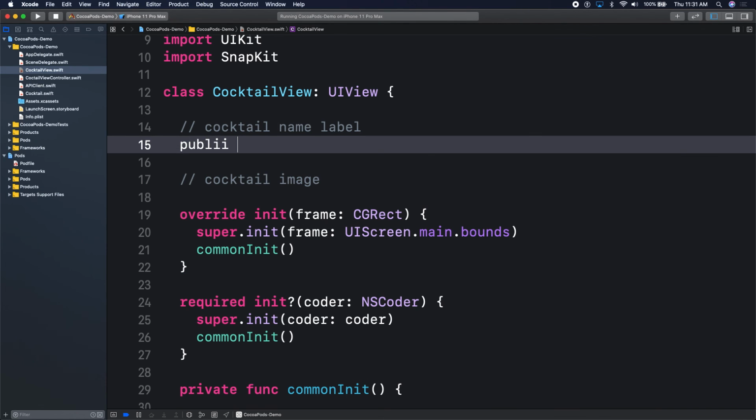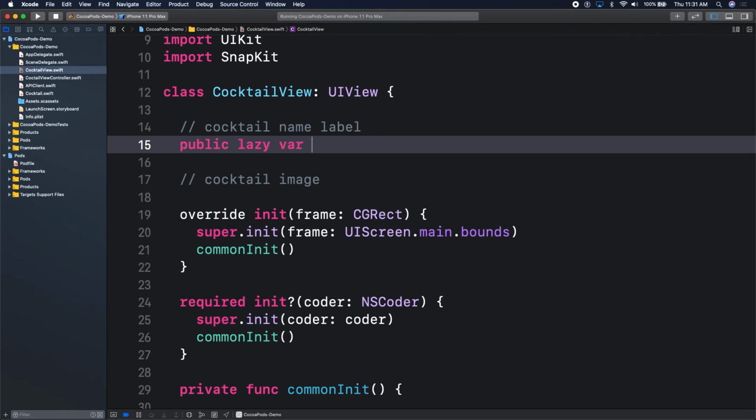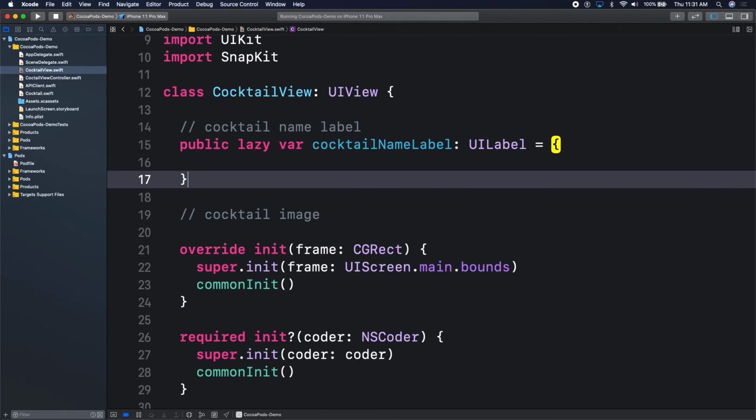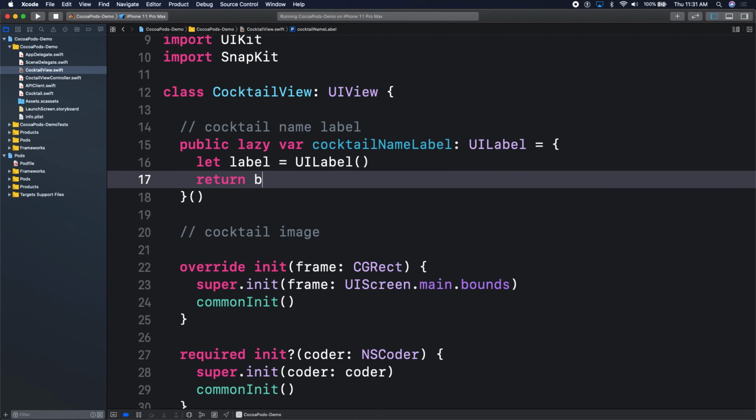Public lazy var cocktail name is of type UILabel. And here we have a label, UILabel, return label,